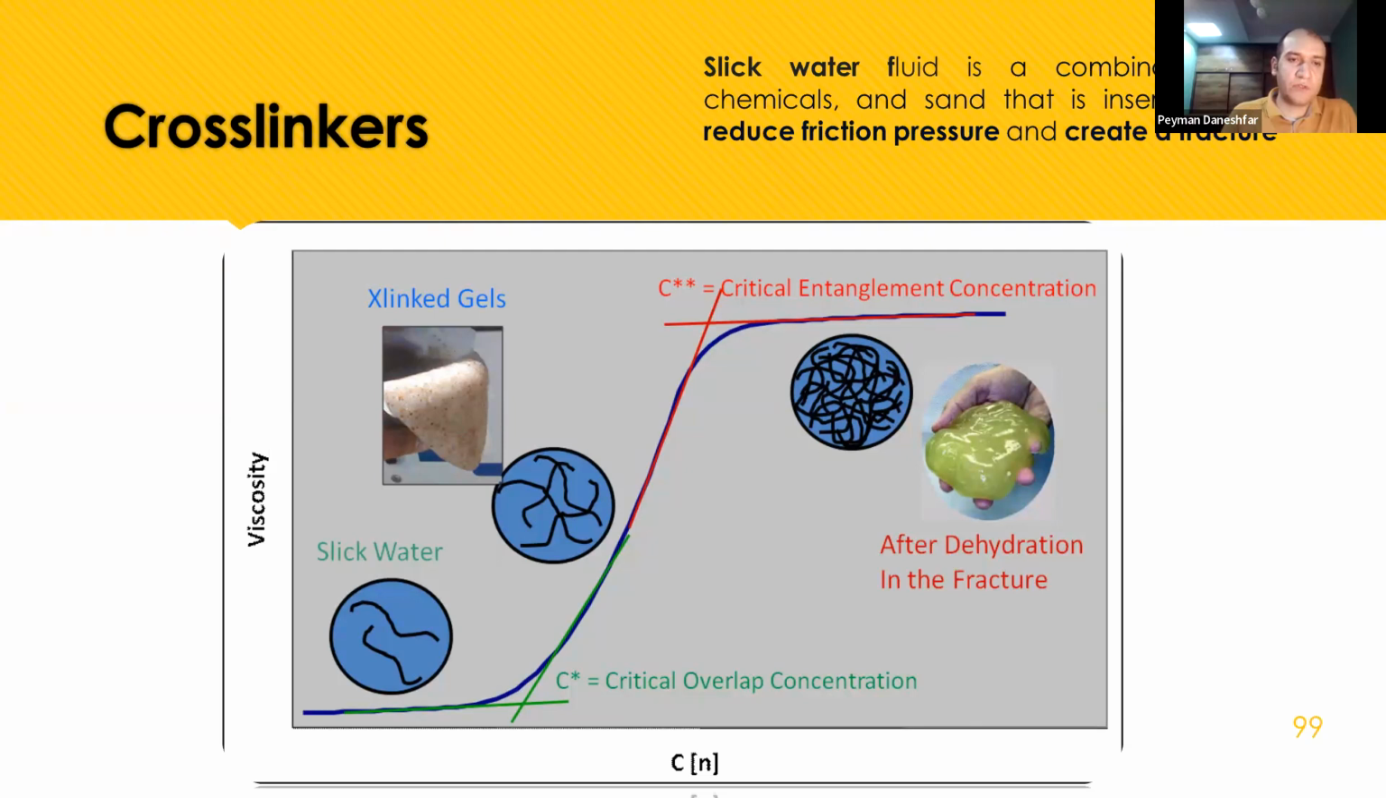The picture you can see here shows a cross-link shell and a critical entanglement concentration. It means that after dehydration in the fracture, the residue should not remain in the fracture, because it will be a residue and it's not good for the formation. What is Slickwater? Slickwater is a combination of water, chemicals, and sand that is inserted to reduce friction pressure and create a